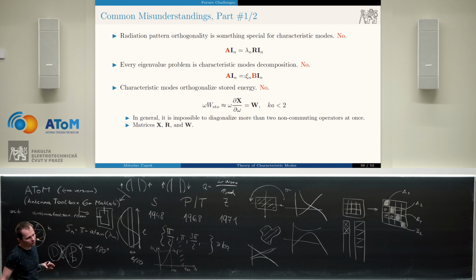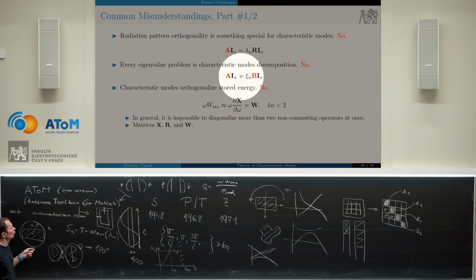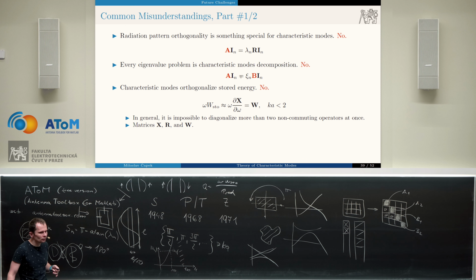But we can get in electromagnetism a plethora, plenty of different modes, and there is no reason to call all of them characteristic modes. So if you are not able to prove that your algebraic properties, far field orthogonality, eigenvalues are the same as for Garbacz, and so on, if you cannot prove that, it's better to call your modes